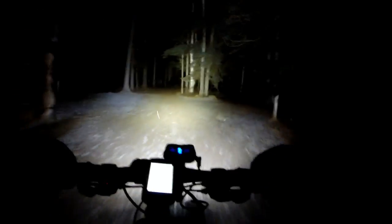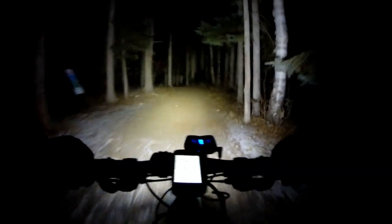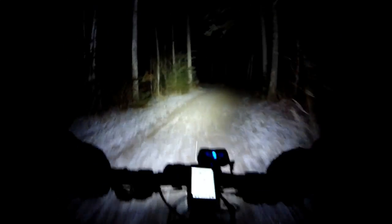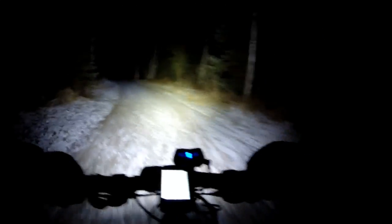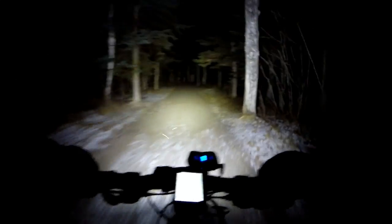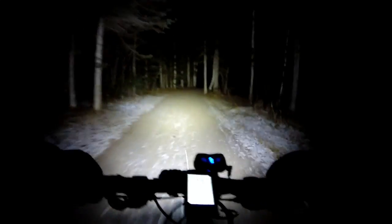Looks good. Looks damn good. Almost makes my headlamp unnecessary. There's so much light now. And these handlebar ones have more than enough throw for off-road situations. It's only when you start using them on road rides in the dark, black pavement, no street lighting at all, you start going 30 plus miles an hour,